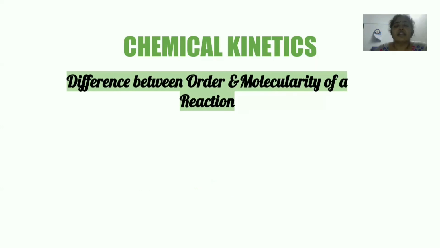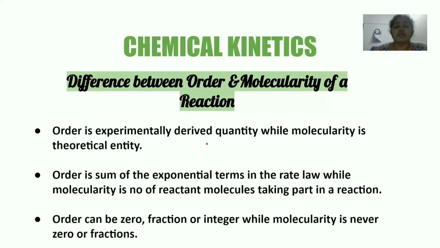Now let us understand the difference between order and molecularity of a reaction. So how did we write down the order? Order was an experimentally derived quantity. So we had to do x plus y, right? Those x and y are experimentally determined quantities. So order is also an experimental quantity. Whereas molecularity is something which you can just write down by observing the balanced chemical equation, right? You have to just observe the balanced chemical equation and sum up the total number of reactant molecules on the left-hand side of the balanced equation. So you get the molecularity. That means molecularity is a theoretical entity while order is an experimentally derived quantity.